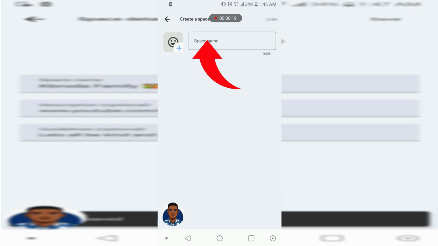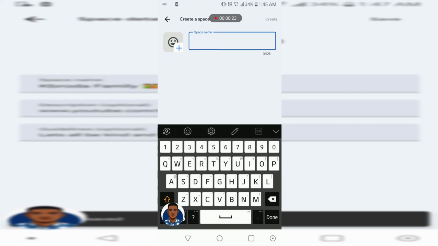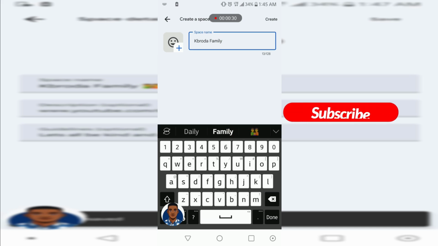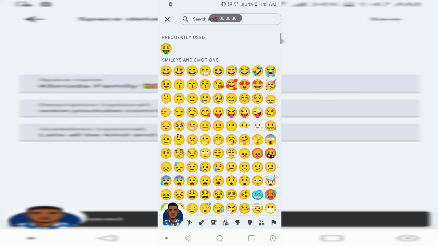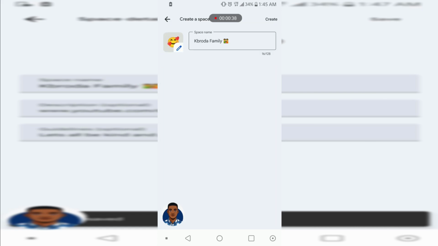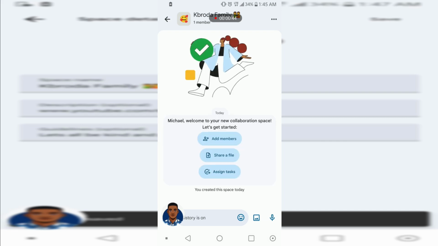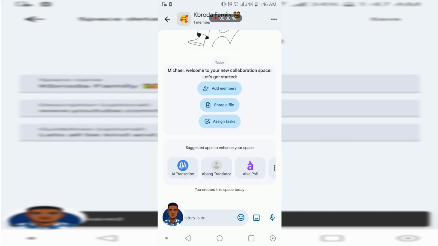You tap on the create a space, you give the space a name. So let's say K-Brother Family. Yeah, and we add something like this. We add an emoji, and let's add a love, something like this. And now we tap on the create to create it. Good. And now it's been created, so we can add members and all that, invite members through links and all